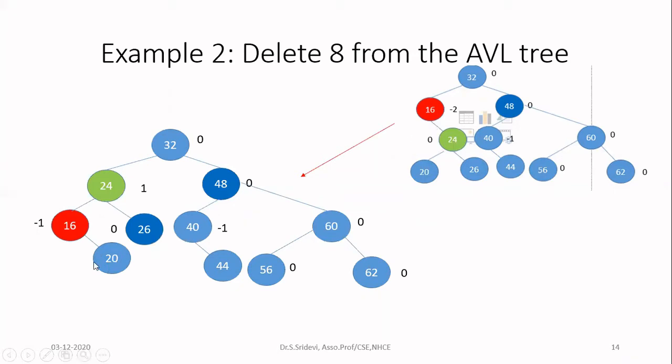Okay, so there you will be connecting this 20. And you can check here, this 20, since it is greater than 16, we are connecting that as a right child of 16. Okay, so this is how we are going to perform the rotation. Now we have done the rotation. After that, you check again the balance factor of all the nodes. So in this new tree, the balance factor of nodes are in the permitted range. So I can go and continue the deletion of the next node if anything is existing.